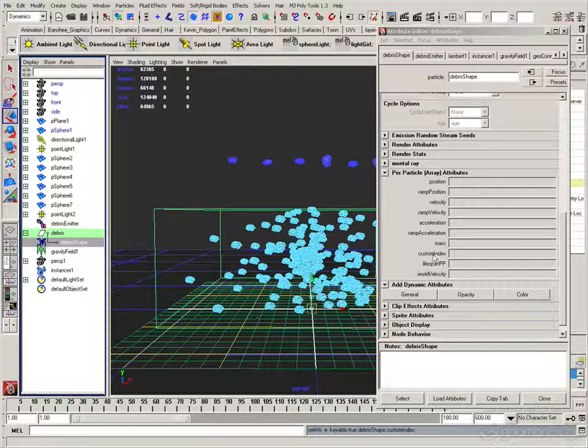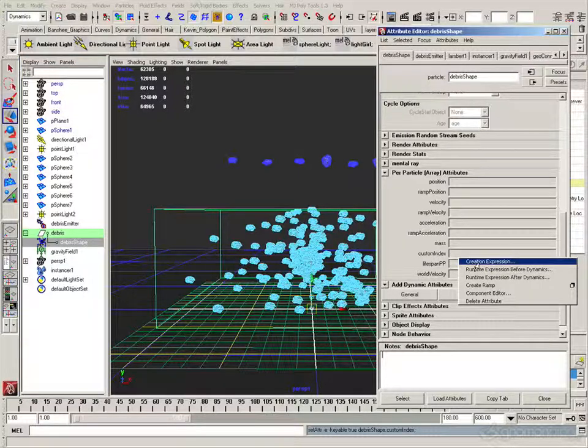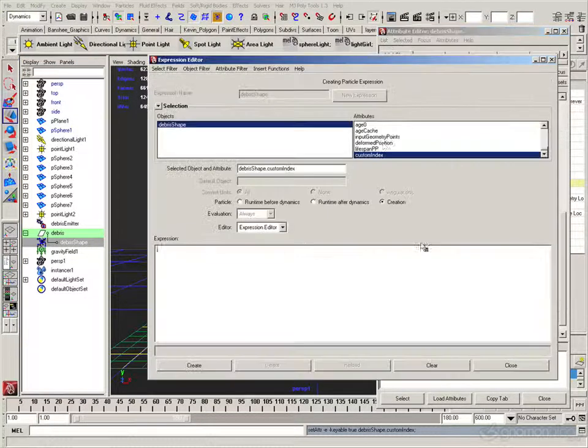Then I can see custom index right there on my particle object. I right-click on it. I want to write a creation expression because I want custom index. I'm going to select it with the left mouse button, middle mouse button, drag it down here, and say it equals rand(0, 5);